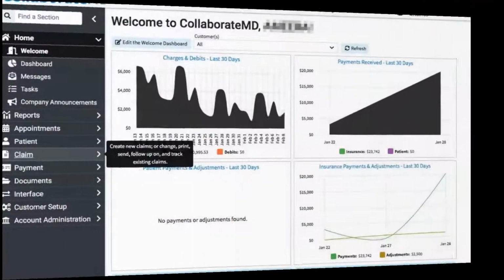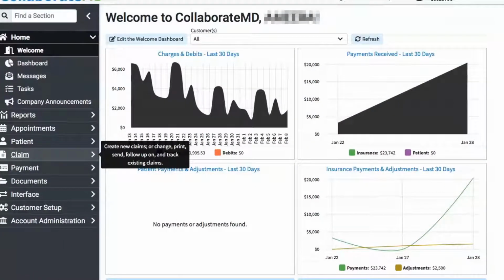Welcome to the Collaborate MD overview. Collaborate MD is one of our suggested and preferred billing systems. It's internet-based and very inexpensive compared to other systems. They have pay-per-claim plans, which are good for those just starting out, and other plans that average around $300 per